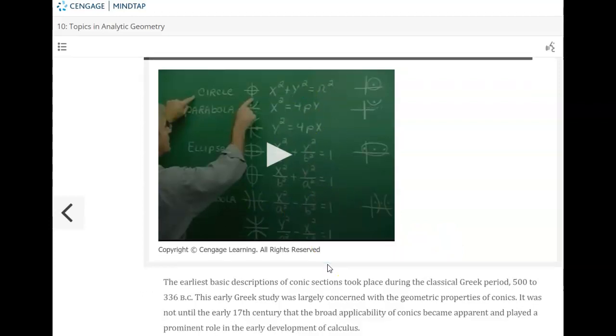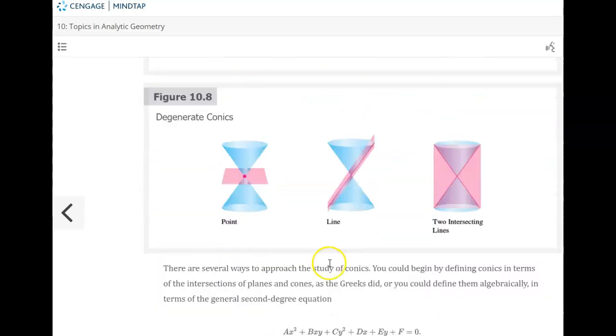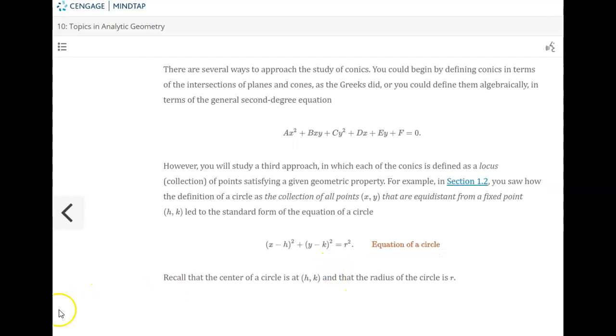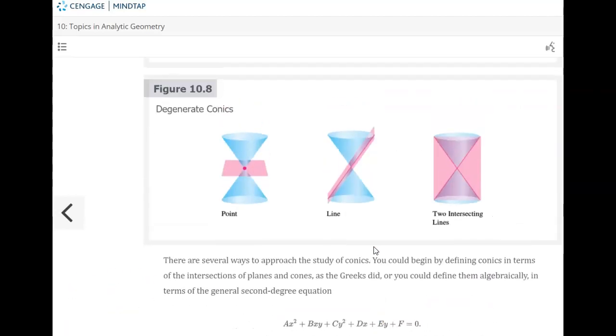But we will save that for the next section. So if you are interested, this professor does a very nice job at explaining all those little details about those equations. So what I'm going to do is play another video, but I'm going to pause this video so